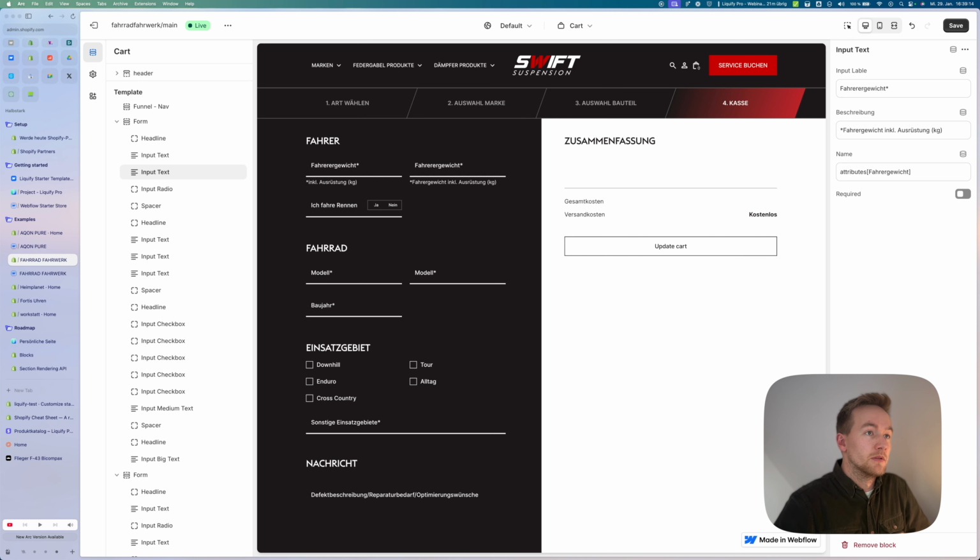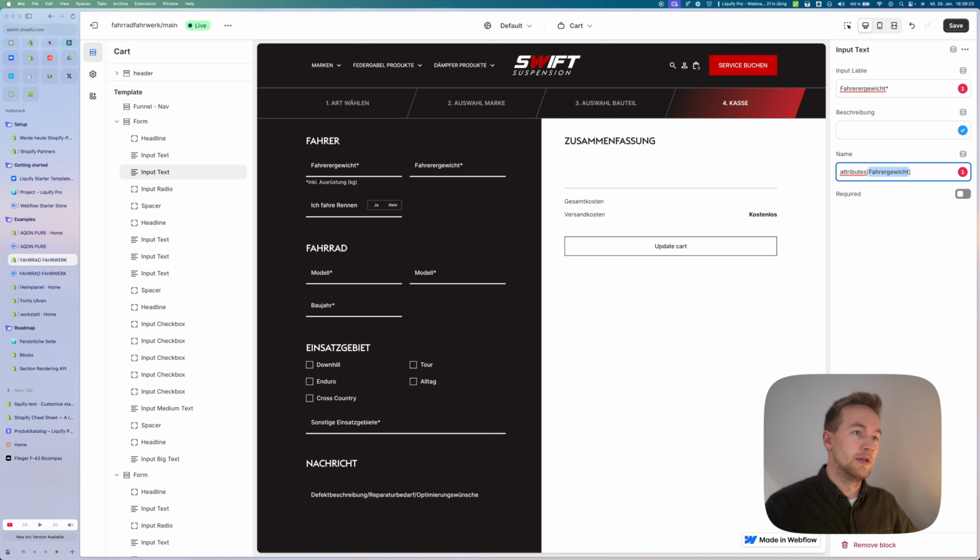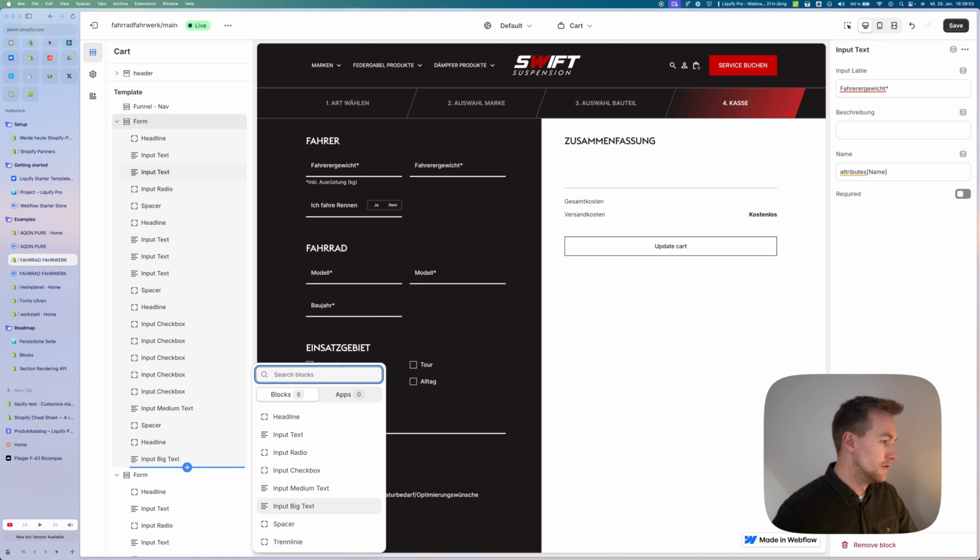and they need to edit the label, or they need to remove the description text, and then they can say this attribute, this value has the name, for example, the customer name, and then everything which will be filled out here will also be sent or added to the order. And you can also always give these custom attributes with LE settings custom and say this is a required attribute input field or not. And then you are completely free to give the client the possibility to use, for example,